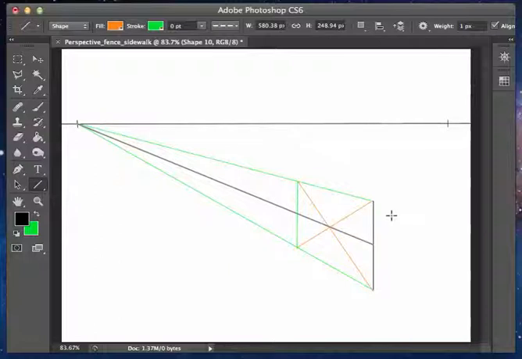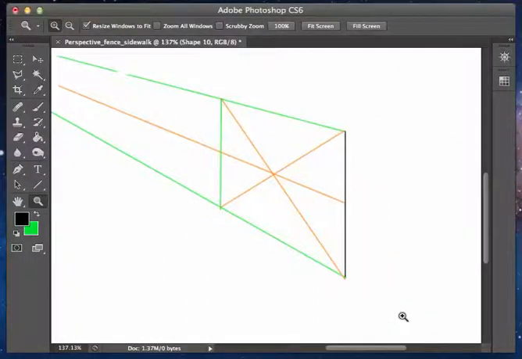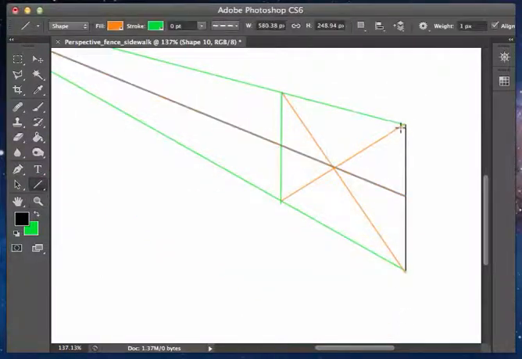We need to do all this first before we can jump into really what we want to know, which is how far apart these are. To do this, you can start with the bottom corner or top corner. I'm going to stick with top corner because that's what you see more often. Let's get in real close for this. There we go. So, top corner